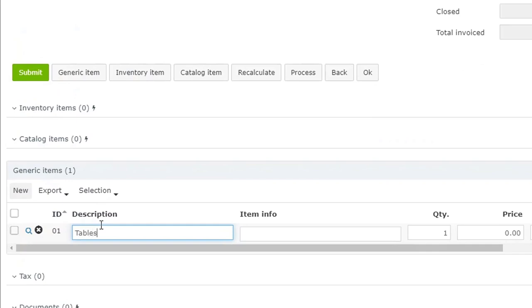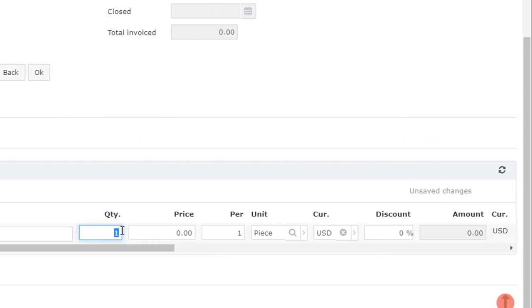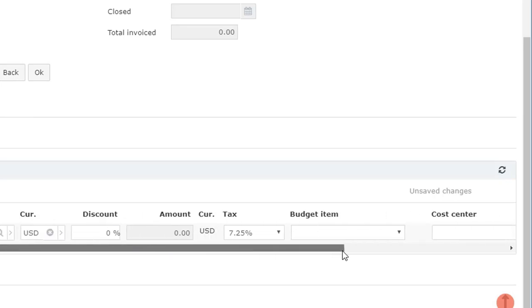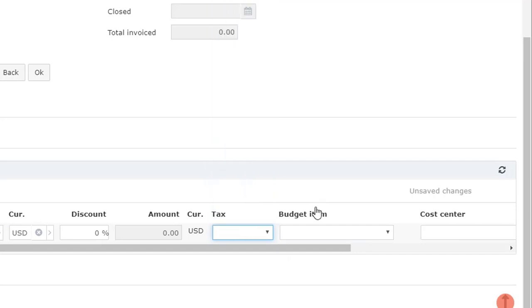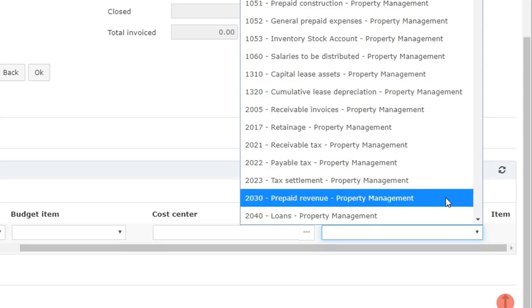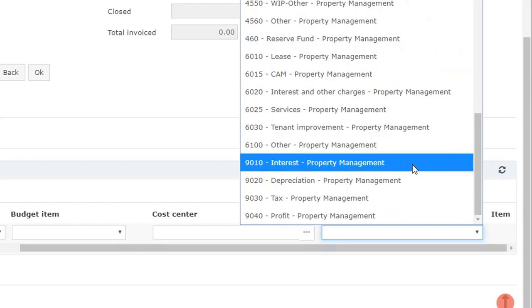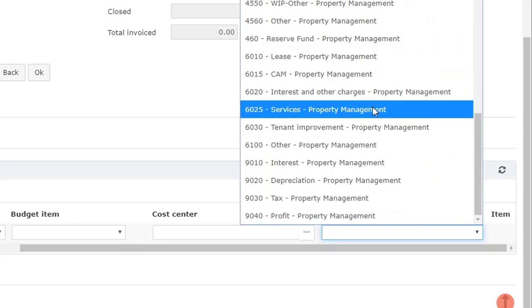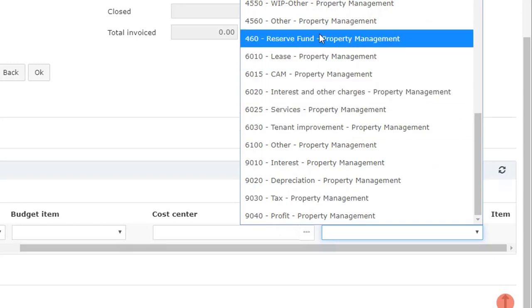If you have any additional information about the catalog, other things you can add it in here. You can say you want to get 2 tables at $200 each. You have also the taxes. Let's say taxes are included. Account code. Let's pick the office related account. So here we have the services, property management, tenant improvement. Let's